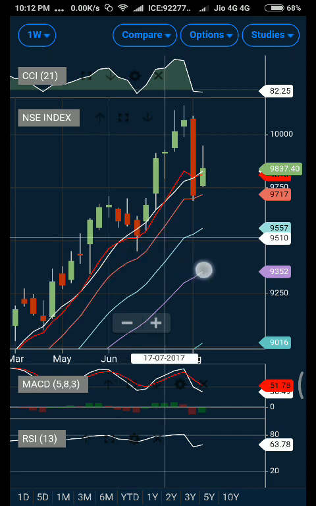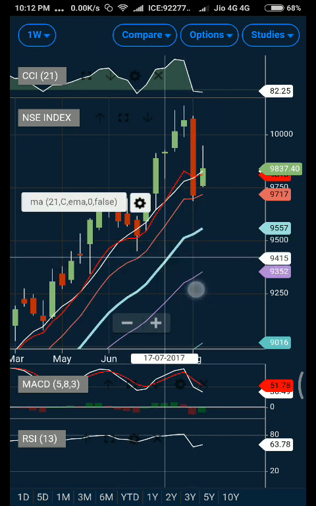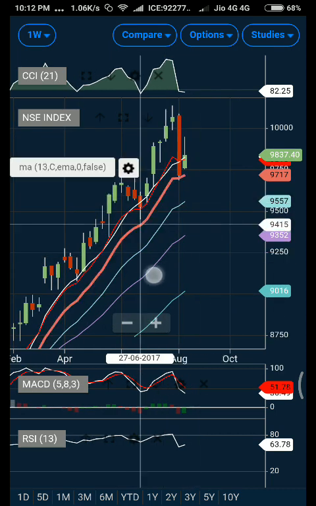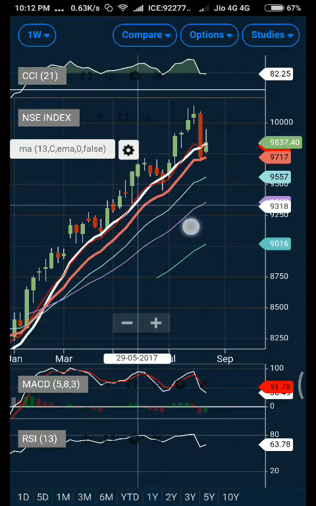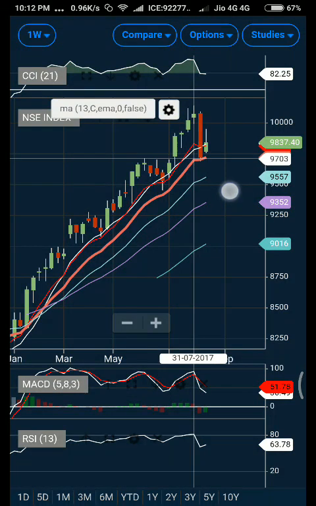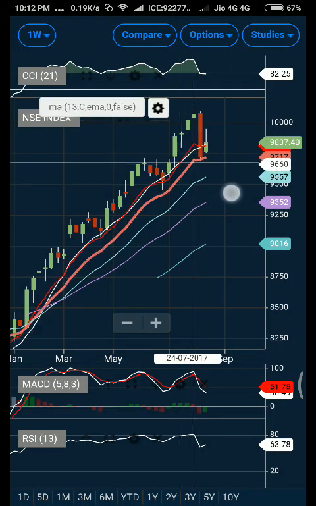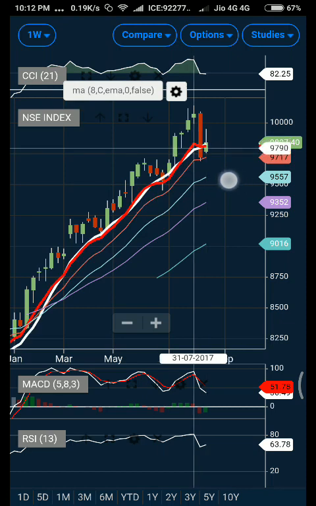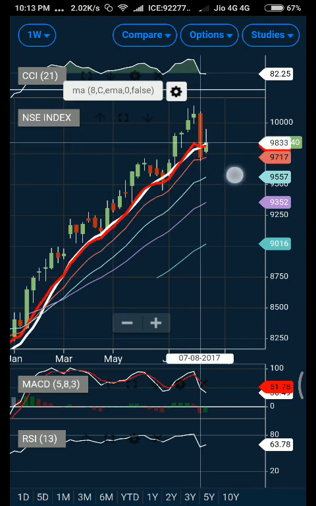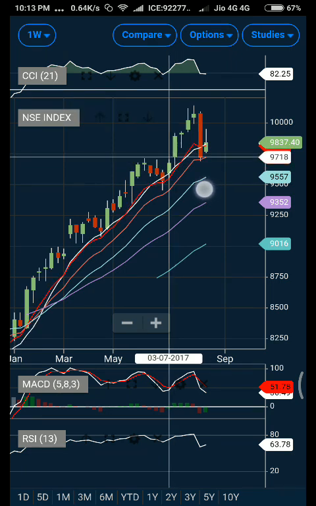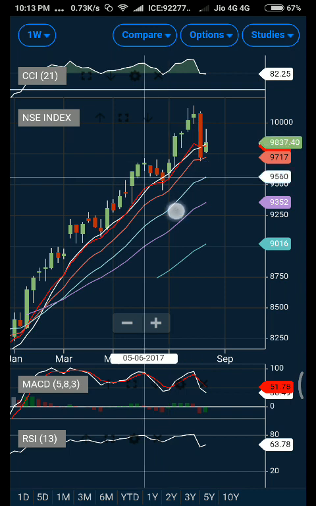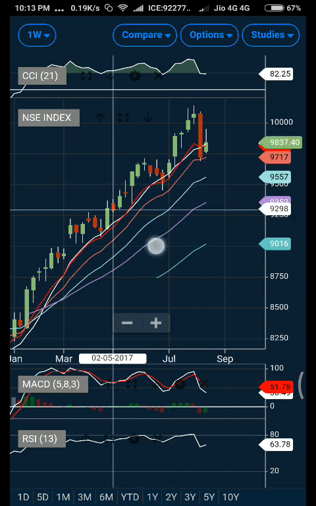Apart from that, we use Fibonacci moving average to identify the important levels. As you can see here, on a weekly chart, the market has only now, for the first time, tried to reach out to the 13 days exponential moving average, but you can see the next day a bullish candle is there, but a bearish crossover. So upside is limited, and downside it can go till 9718. And upside, I have already told you that 9888 is an important level, that if it closes above,